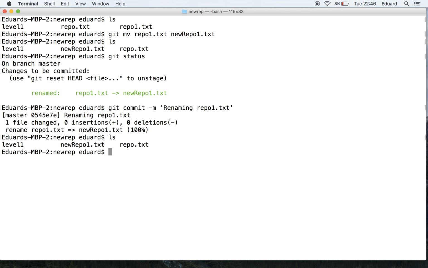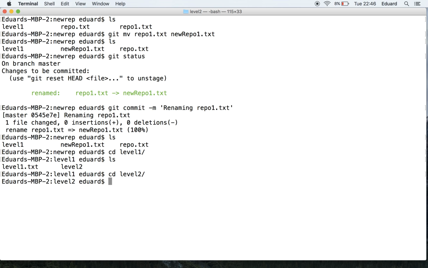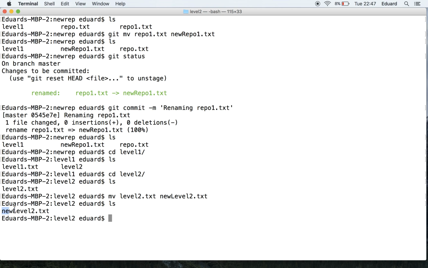Because we're in the root directory here, let me go to a different level. So let me go to level 1, run an ls. Let me go to level 2, run an ls here. Let's say, because here we have level2.txt, let's try to rename this using mv. So mv level2.txt, and let's rename it to new level2.txt. Right, so let's press enter, run an ls, and as you can see here, the file has been renamed to new level2.txt. Now let's run a git status,